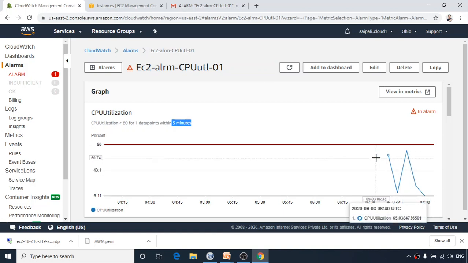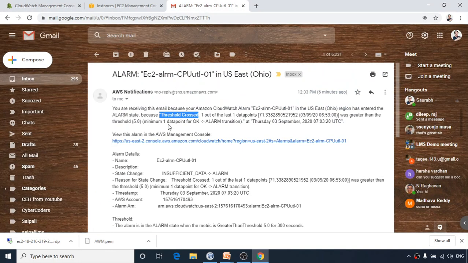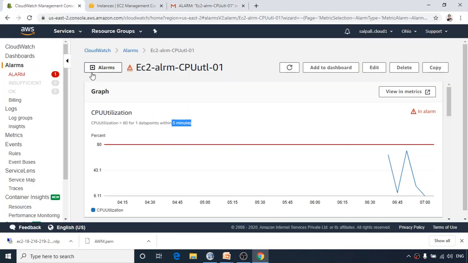Generally all the companies set specific criteria for their CPU utilization, RAM utilization, billing, application utilization, OS application. There are so many other conditions on the basis of which they may set the alarm, and when they have the alarm, this is the kind of email they receive and the action will take place also.